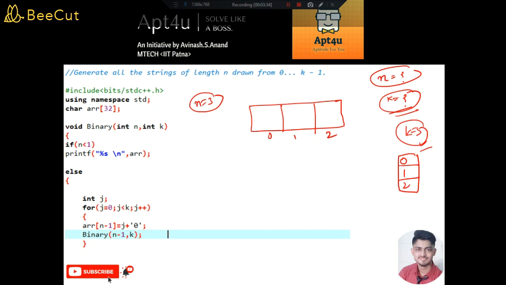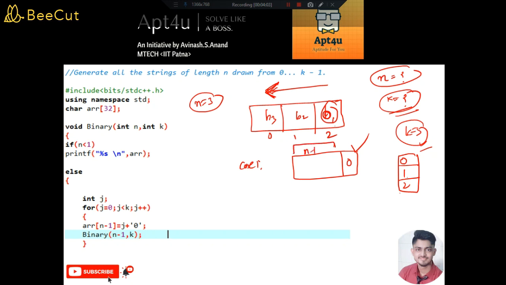So we know that in the previous video, we were moving from right to left for designing the recursion equation. So what will we do? Suppose I am at these bit positions: bit 1, bit 2, bit 3. Bit 1 can be filled with 0, 1, or 2. So case 1, suppose bit 1 is filled with 0. If bit 1 is filled with 0, I will assume that I have filled the bit. So I must now focus on the remaining n minus 1 bits.